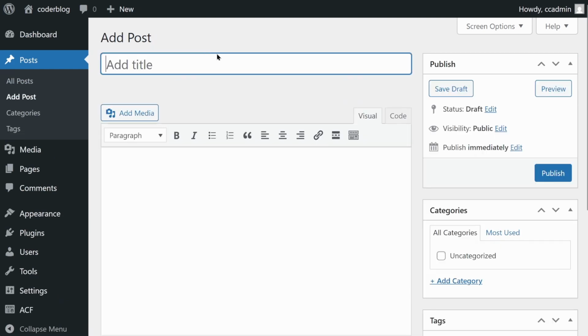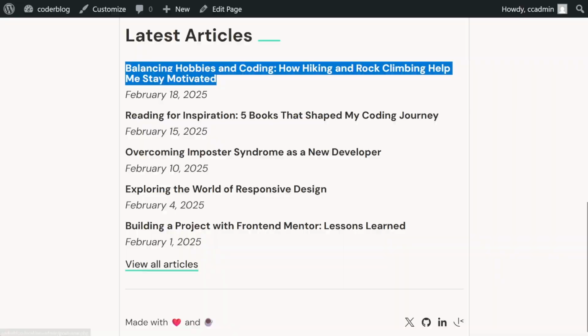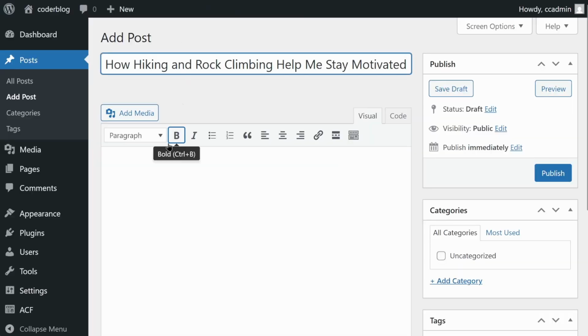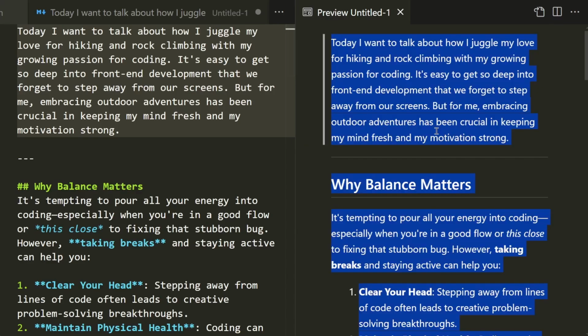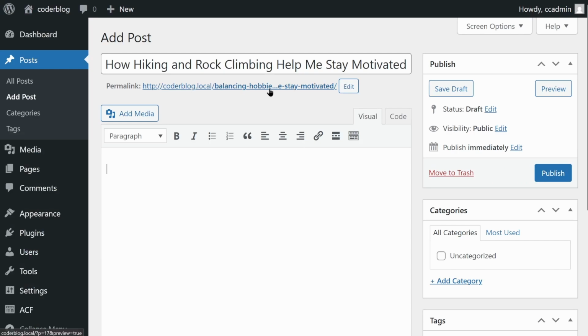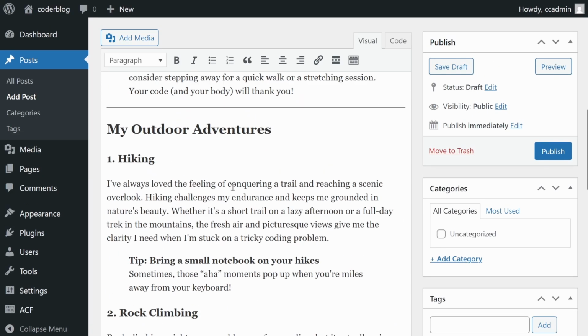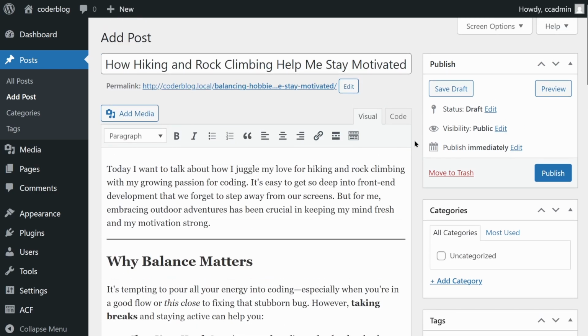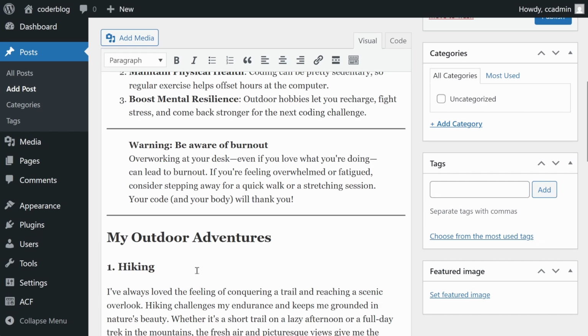So posts, add post. And then let's copy the title from here. And then I have some placeholder content here that we got from Front End Mentor. But again, it's just placeholder. So I'm going to copy, paste it in there. So we have our content. And another thing that you probably want to do is